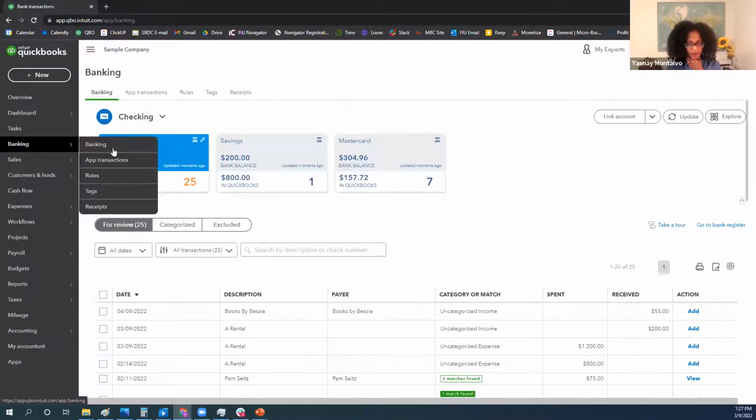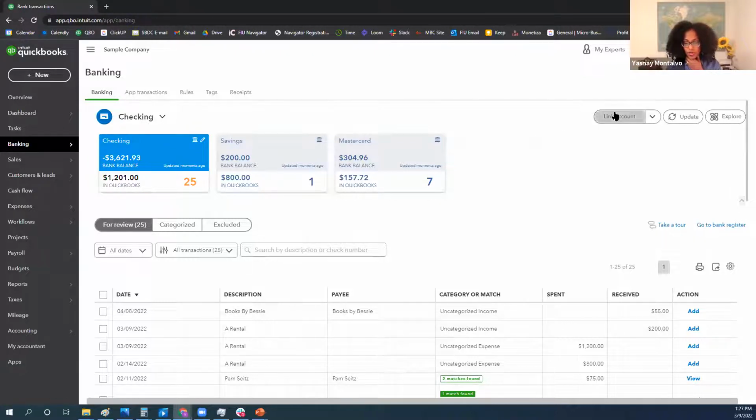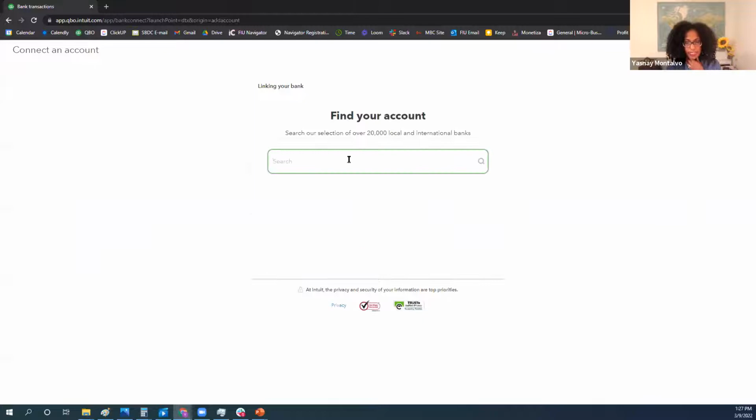So here in banking, it's going to give you the bank accounts that you connected with. You can always link a new account. It's going to prompt you to search for the financial institution where you have your account, and pretty much it's going to walk you through the process to sign in. You're going to put the same username and the same password that you used to log in to your bank. Okay? That is going to prompt you to certain steps to bring the transactions up from a specific period of